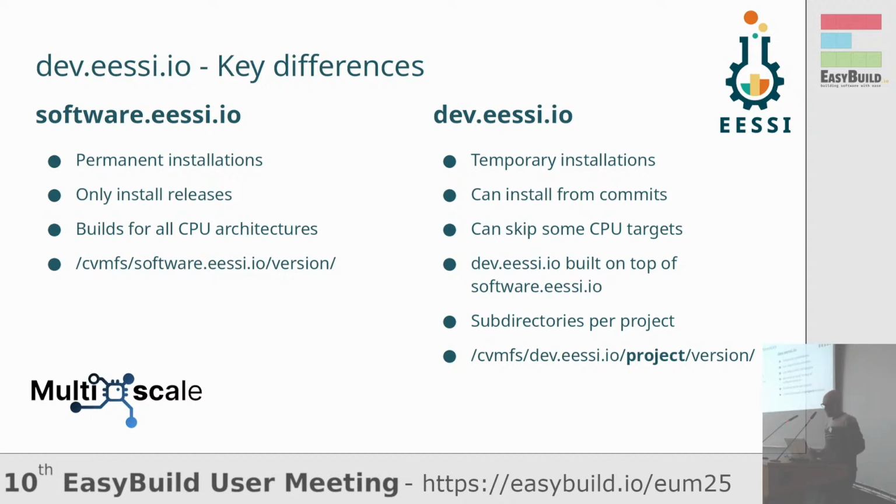So then, of course, there have to be some key differences. For the production repository, unless something would prevent us, we would want to have a way of going back to previous installations and keeping older versions. Also, that's very important for reproducibility. And we only install released software, basically something that's been properly released and tagged. And we build for all the CPU architectures that EESSI supports, right? Because we want to have that optimization for all of those architectures,